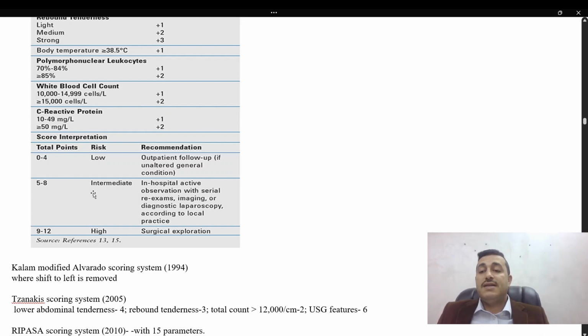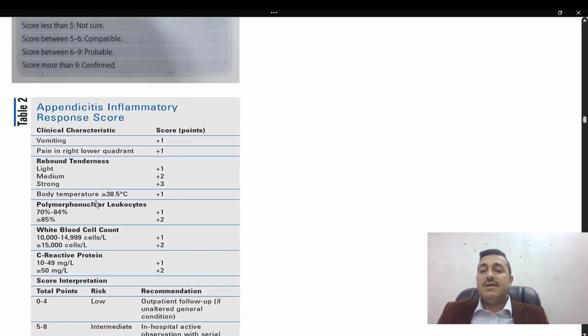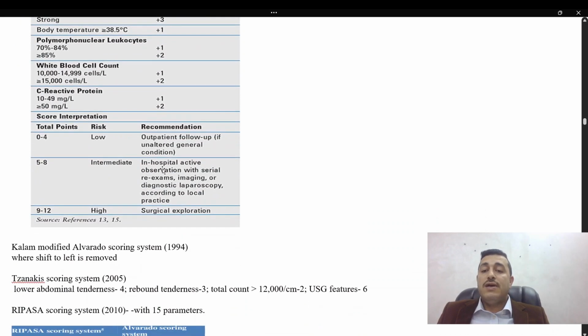More than 50, it is plus 2. You can analyze it: between 0 and 4, it is low; between 5 and 8, it is intermediate; and between 9 and 12, it's high. Here intermediate will help us. So if we have an intermediate appendicitis inflammatory response score, we can do further in-hospital investigations and observations and